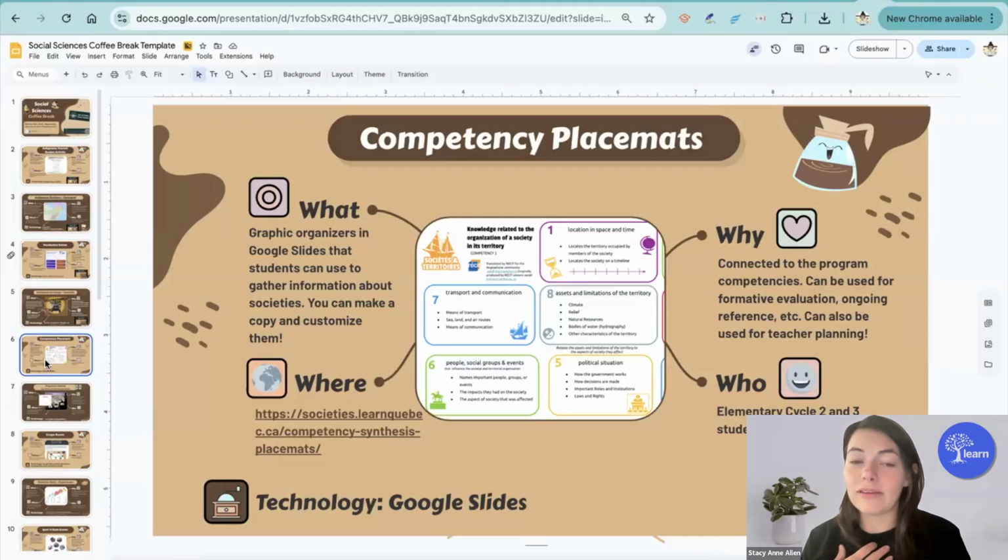I think this is a great opportunity for students in elementary level to practice their typing skills and their capitalization while